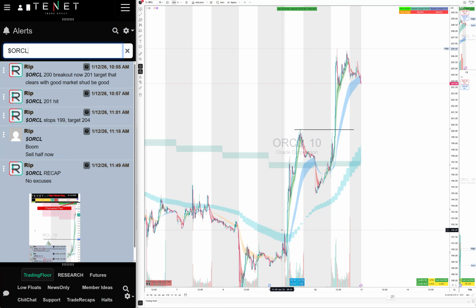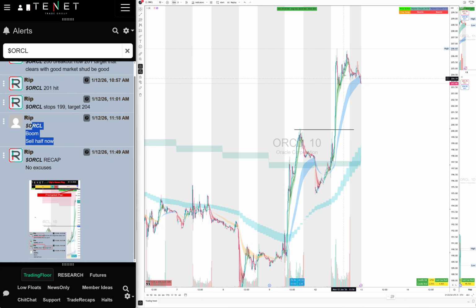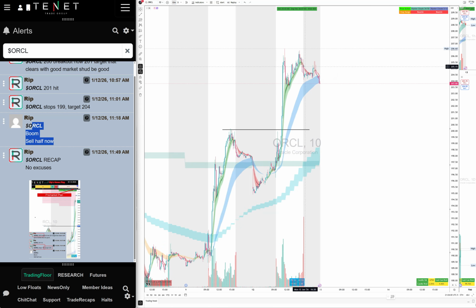So we sold most. I told the traders to sell half when it hit 206, and then it pulled back, bounced, double topped. You sell more and you stop out, exit everything when it breaks down right here. So Oracle, beautiful textbook trade. Remember this concept, this trade, you will get this setup again. Everything is a setup, 200 psychological setup, range breakout setup. Now Oracle is in the gap. If it holds, pulls back, holds 200, we'll be watching it for further trading.